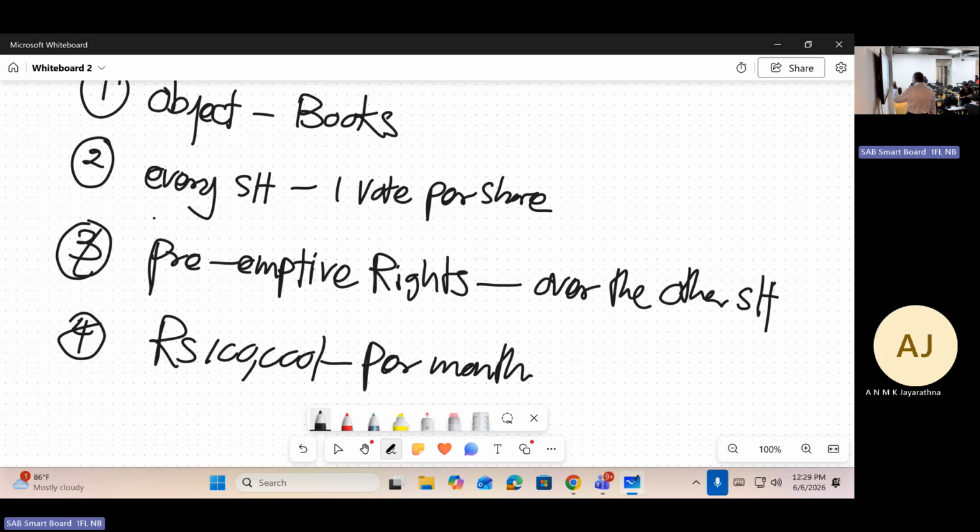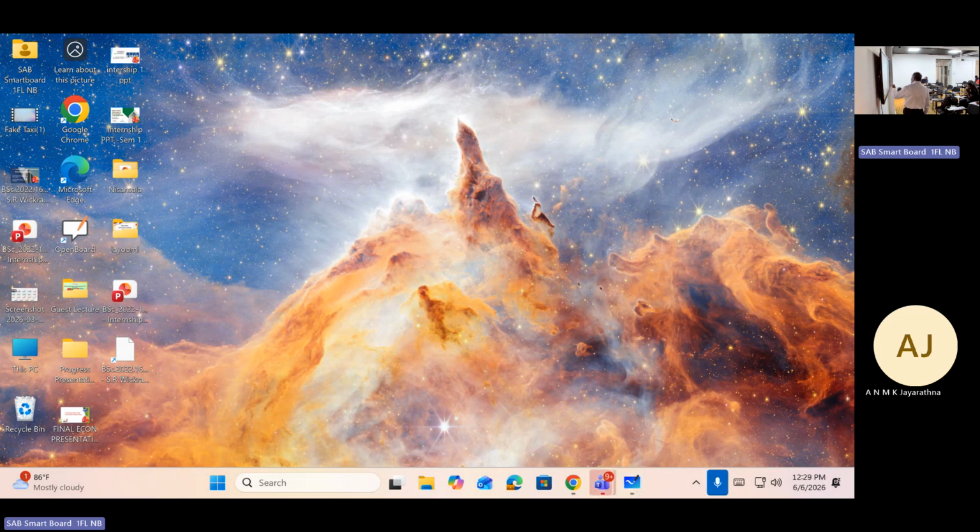And we can consider this. Some other provisions may be included in the articles. Now, a very important concept, that is